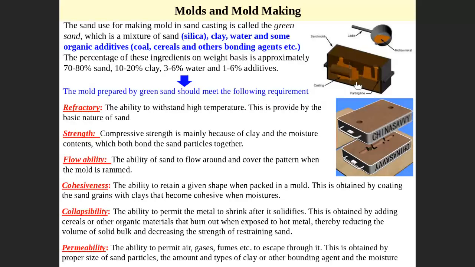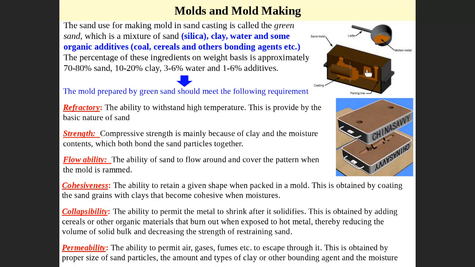However, it is not green. The word green here is not because of the color. It is because of the added moisture and some additives. So we call it green sand. However, it is brown in color. As you can see here, it is usually brown in color because we put clay. Clay, in Arabic, means الطين. When you put clay on the sand, it becomes brown. So it is silica or sand plus clay plus water and some other organic additives